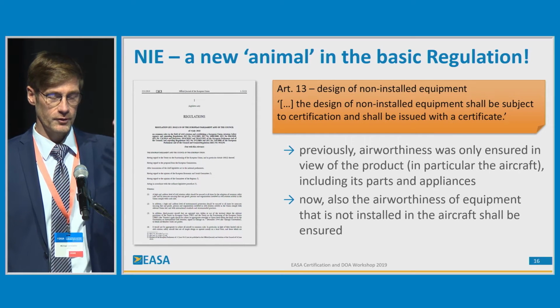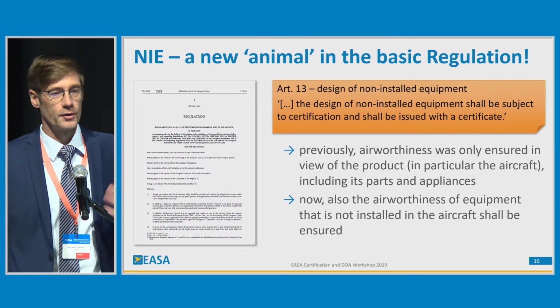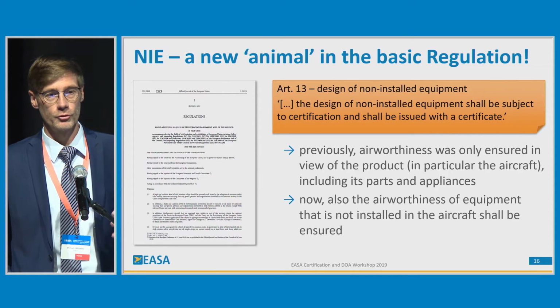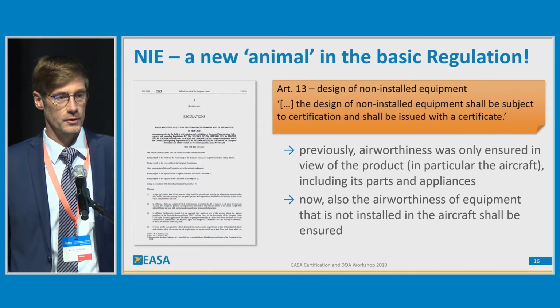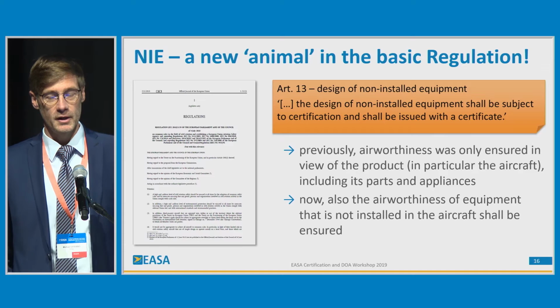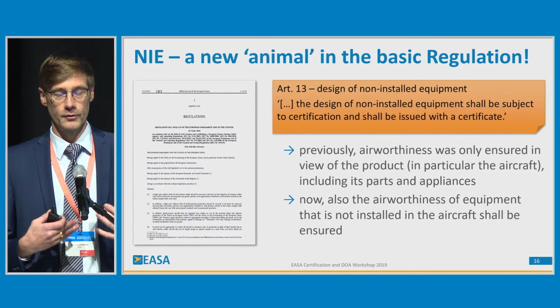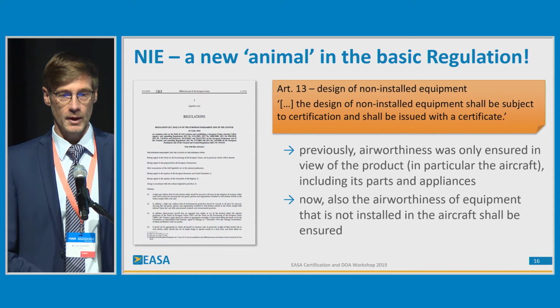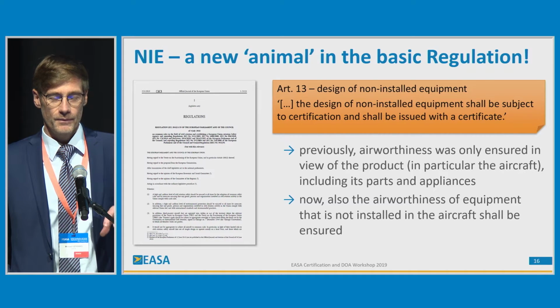But maybe just for the sake of the exercise, for the beginning of the presentation, think about an emergency parachute, think about a cargo tracking device, something that is not part of the type design, but that is brought into the aircraft and could have a safety effect. And it's not always brought into the same aircraft, so it can also move between aircraft. So if we start